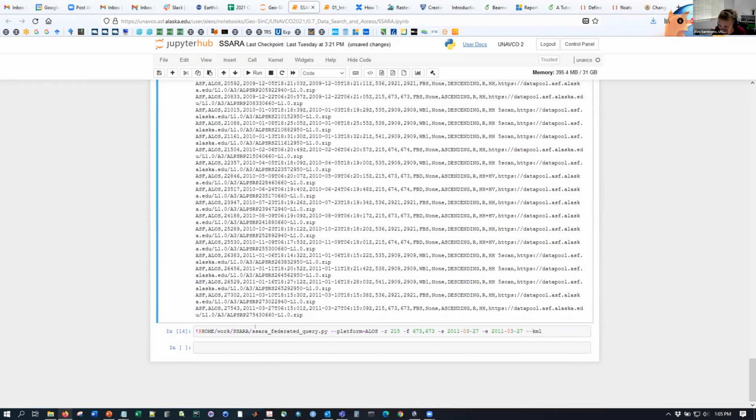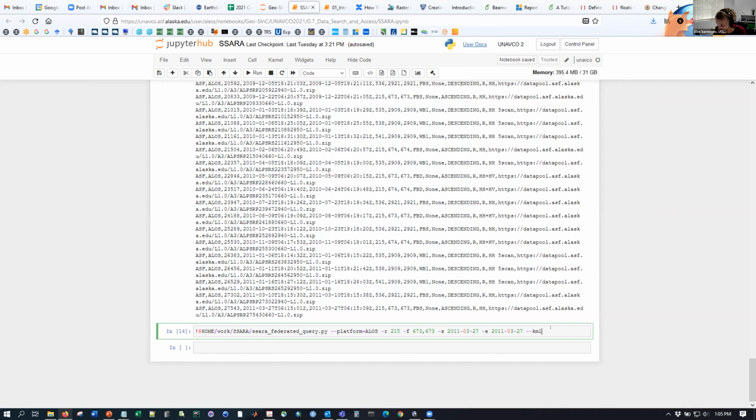But what I have here is the query, ALOS, however, as the platform, let's see, 215. I don't know if I need both 673s in here or not for the frames. I think I've got the date right. Start and end, and I've played around with different things just to envelope it.